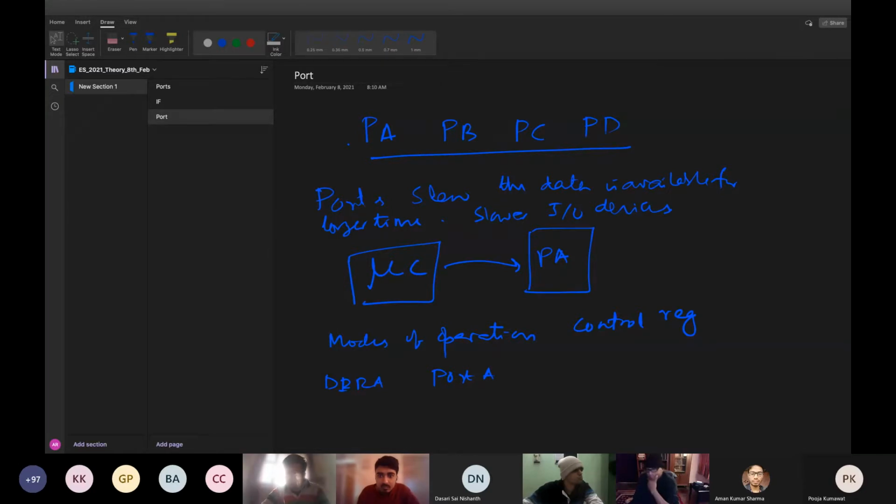So question to the class, can you tell me whether address and data bus is available externally for the processor? Anybody who can say for this processor whether address bus and data bus, apart from port, the internal address bus is available outside? Shivans Tomar, can you answer this question?